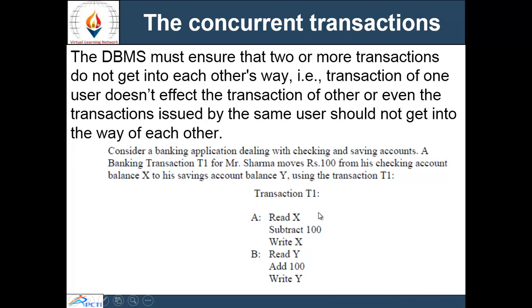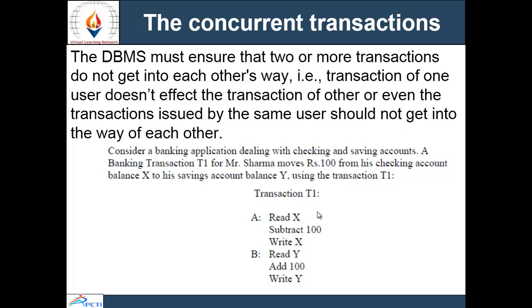Next is concurrent transactions. Now, what is a concurrent transaction? If there is more than one transaction running on the same database, we can say they are concurrent transactions, and the DBMS must ensure that two or more transactions do not get into each other's way.